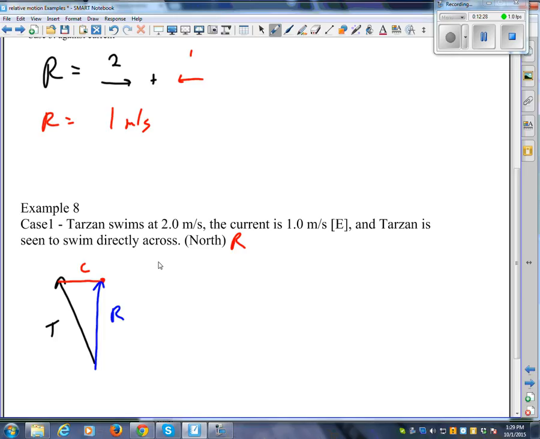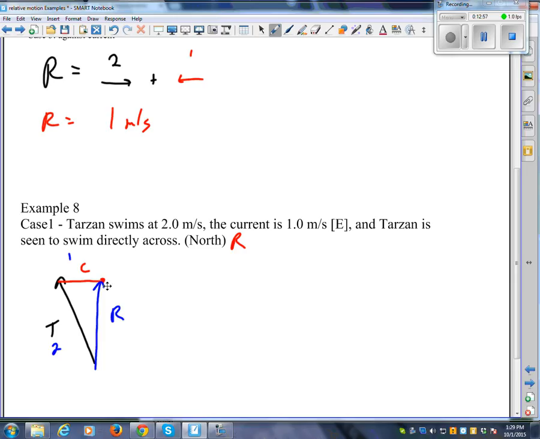Okay? And what are we to find here? We are to find the resultant velocity, I believe, right? Find the final velocity of each one. So, he's swimming at 2. The current is 1. We want to know this one. Now, quite often, especially in grade 11, the resultant was the hypotenuse of the triangle, right? But it's not here, is it? Takes a little bit of figuring out to draw the picture. So how am I going to do this one? How am I going to set it up? Is it a right triangle, first of all?